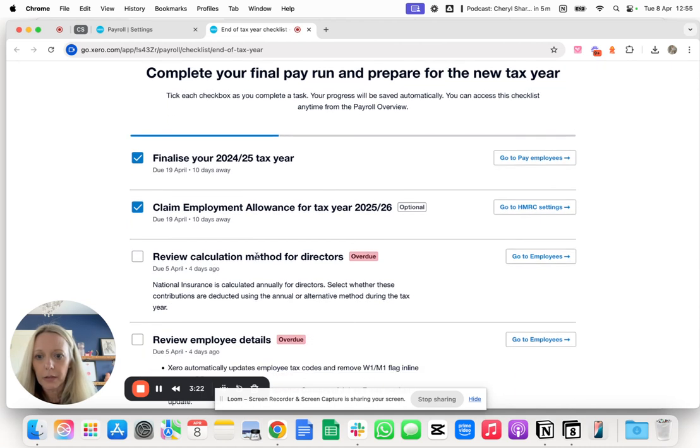The next thing we're going to do is review calculation method for directors. So national insurance is generally calculated annually, which means that the first few months of the year they won't pay national insurance, and then later, as they go over the threshold year to date, they will start doing it. But if you want to pay it a little bit every month rather than later in the year, just so you've got more of an even cash flow, then you can change it to alternative, or you can do it